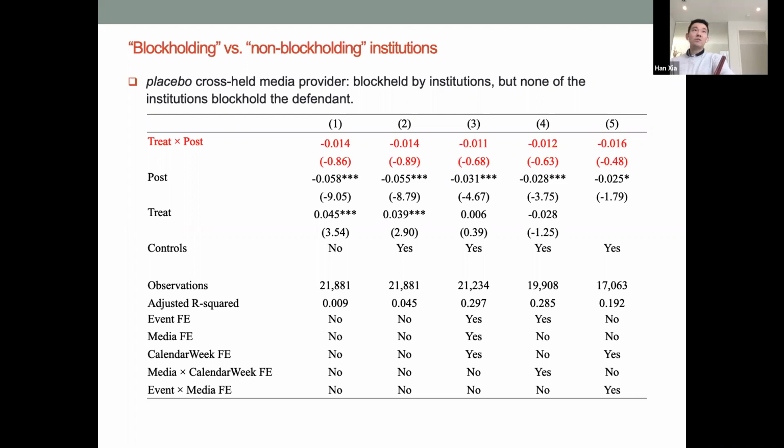Yes, we can certainly look at that. Let me think about this second test. So we're only looking at the 5% cutoff, but essentially you're suggesting we look at how much stake, the weight of that firm in the institution's portfolio. So it's from the institution's perspective. That's definitely something that we can look at. Thank you.